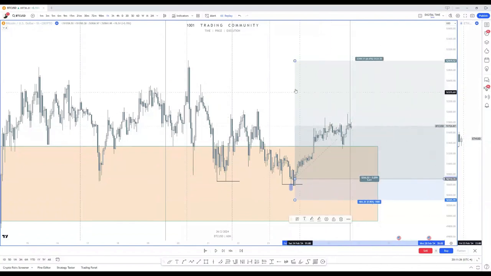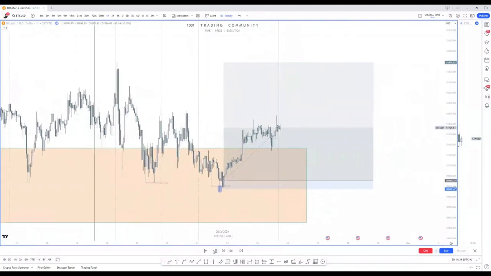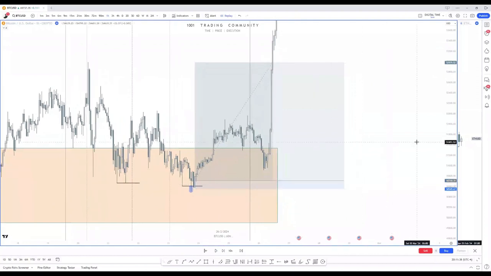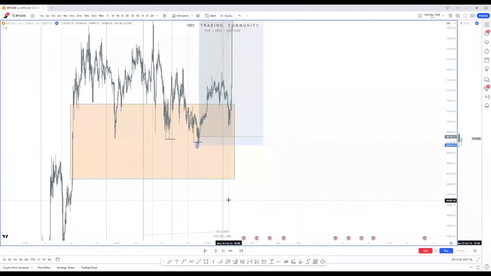We drag it out, and you can be confident knowing that that low is not going to get taken out. Okay. See that? So again, we can just draw